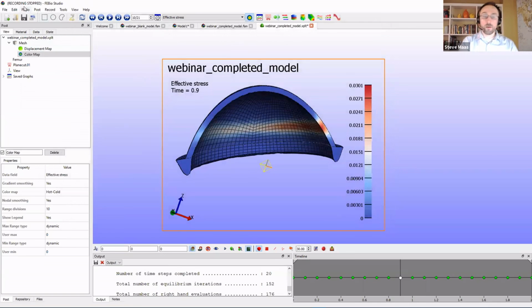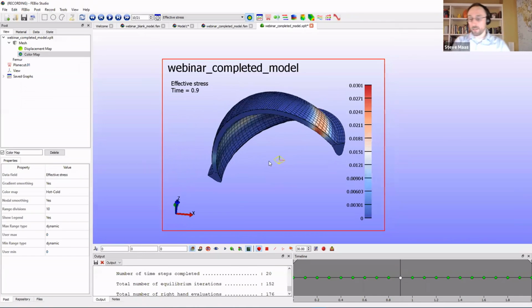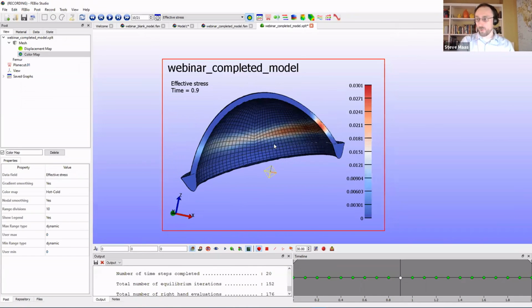Okay, so now we're starting in the stop mode. So let's just go ahead and start the recording. So from now on, everything I do will be recorded to this video. Now you might wonder why we have this feature, because you can just use any kind of external third-party screen capturing